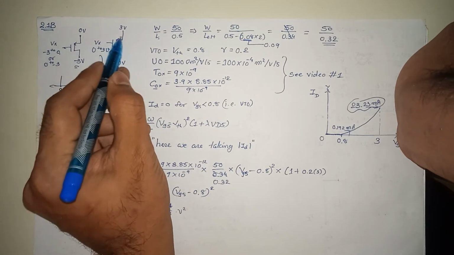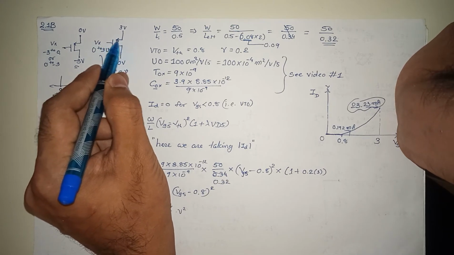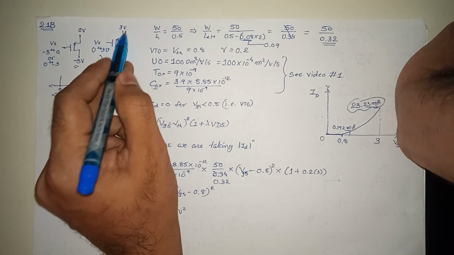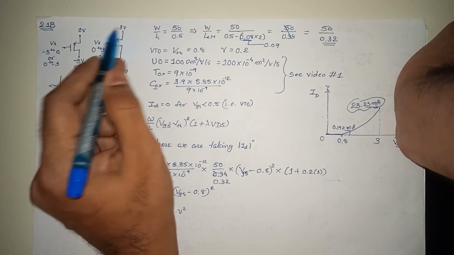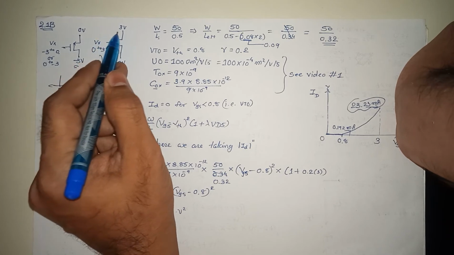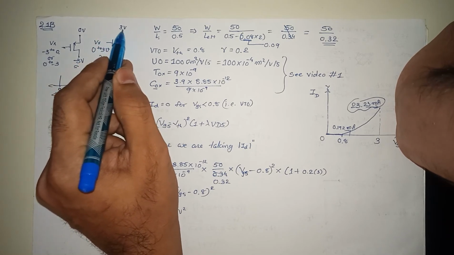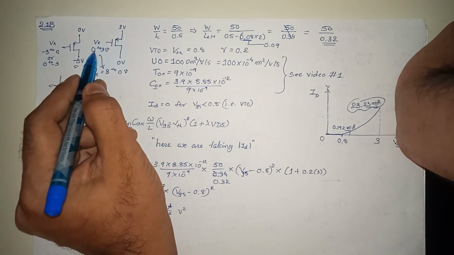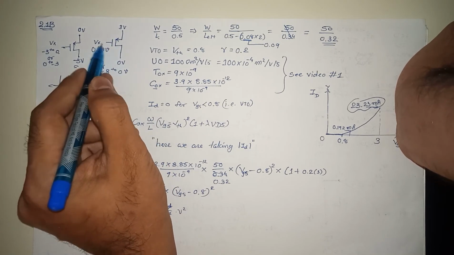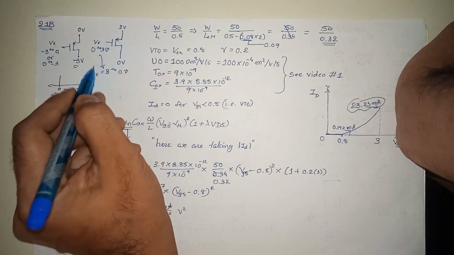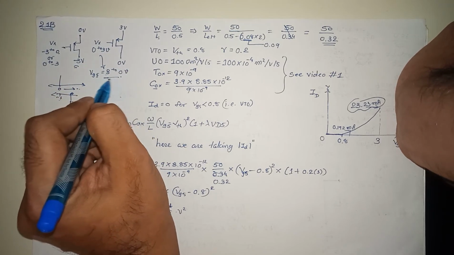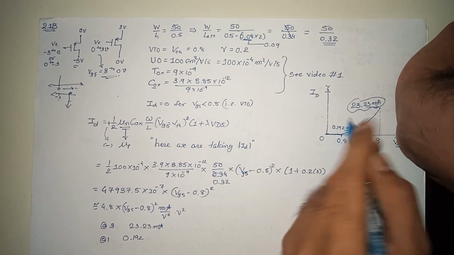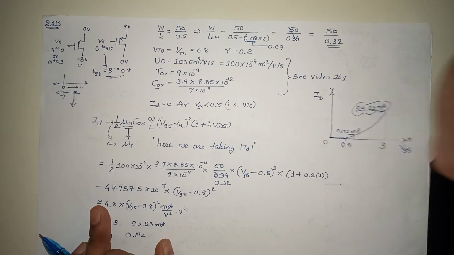But in this configuration you can tie the source to 3 volt. In fact, in real design your source will be at higher voltage only, and in almost all designs your source will be tied to your VDD. So this is connected to 3.33 volt. Your Vx can be from 0 to 3 volt. You can vary that Vx, but ultimately your VGS will be from 3 to 0. So the VGS will be in reverse way. So while plotting you need to go from this to this. You just need to take care of this one.